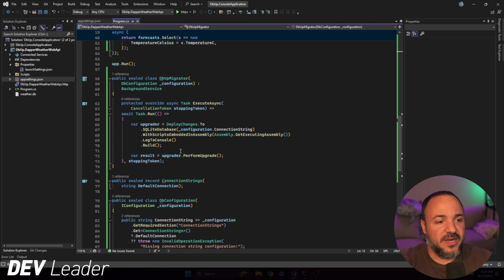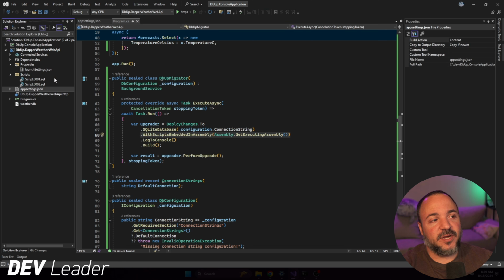So this code down here that's running and doing the migration with DbUp, it's trying to go look for scripts in the assembly, and you can see I have this folder on the left here where there are scripts to go run, but I didn't go embed them. So if I click script